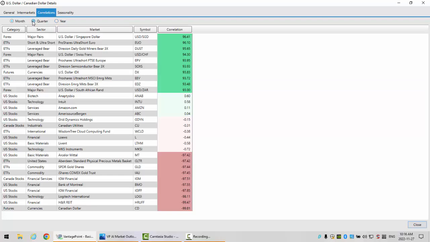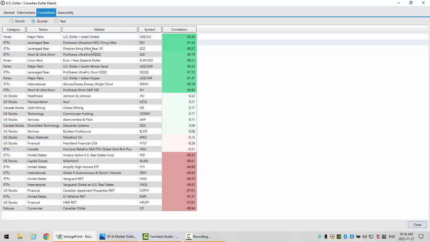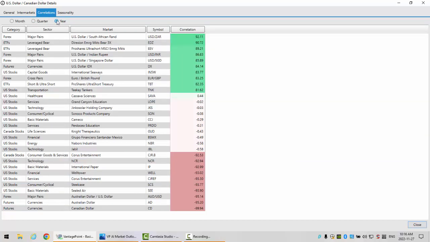So if we look at these quarterly correlations on the US CAD pair, these markets carry a correlation from 84% to 92%. You can see that there's a number of different, you've got the ProShares UltraShort QQQ, but then your inverse correlations down here. Very interesting, the number of stocks, ETFs, and commodities that can play into these correlations. But in the Vantage Point software, using the neural networks, we can look at the monthly, the quarterly, and the yearly correlations, which actually increases the intermarkets that we use.